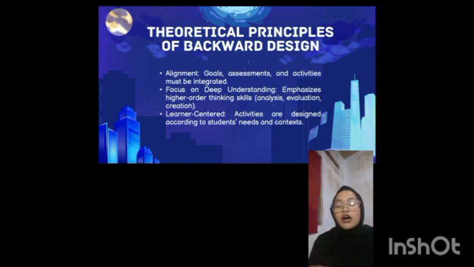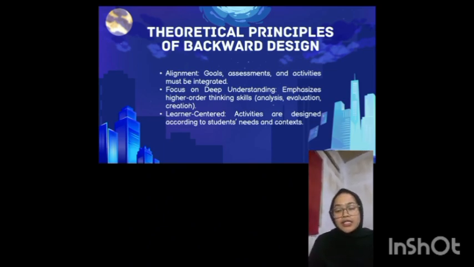Alignment: all elements of the curriculum, objectives, assessment, and activities should be integrated. This helps create a cohesive and purposeful learning experience. Focus on deep understanding: this approach emphasizes the development of higher order thinking skills such as analysis, evaluation, and creation.